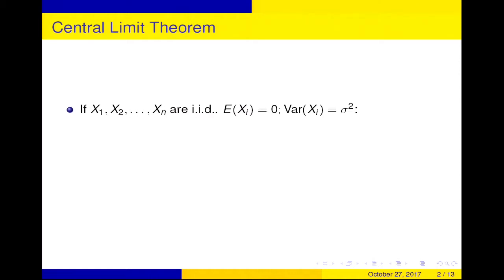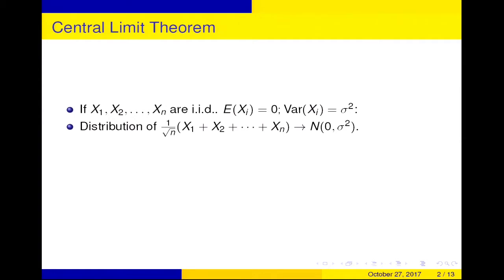But first, let's just start with the central limit theorem, right? I'm not going to prove this. I mean, you've probably all seen a proof, but at least you should know the statement. So if you have independent, identically distributed, they don't have to be identical, that's not that important, independent is important for this, the expected value is 0, each of them, the variance is sigma squared,